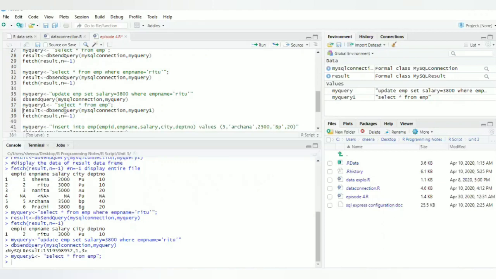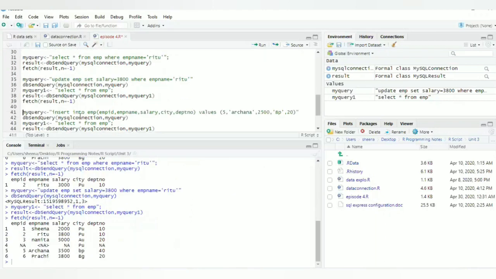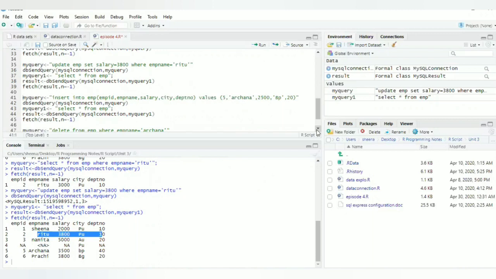Now I execute it, and then again I will send this query to the MySQL connection, and then I will see my result using the fetch function. So here we can see that the salary of Ritu is increased to 3800. Then next, after update, we have also seen the syntax of